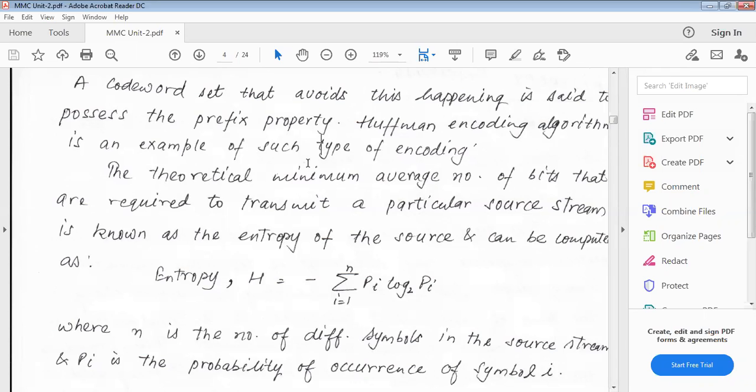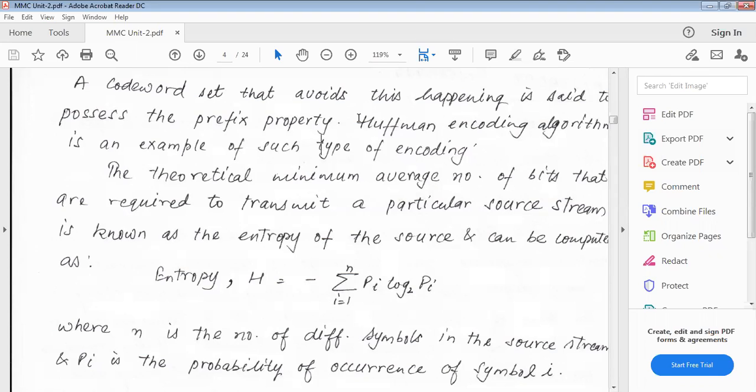So we will study different algorithms to compress textual information. The Huffman encoding algorithm is also one type of algorithm, which you will see in the coming topics: what the Huffman encoding algorithm is, how the textual information will be coded, and how it will be compressed. The Huffman encoding is one algorithm which is used in the compression